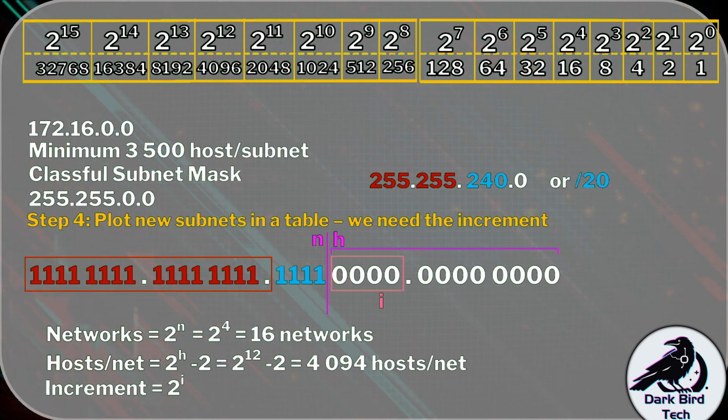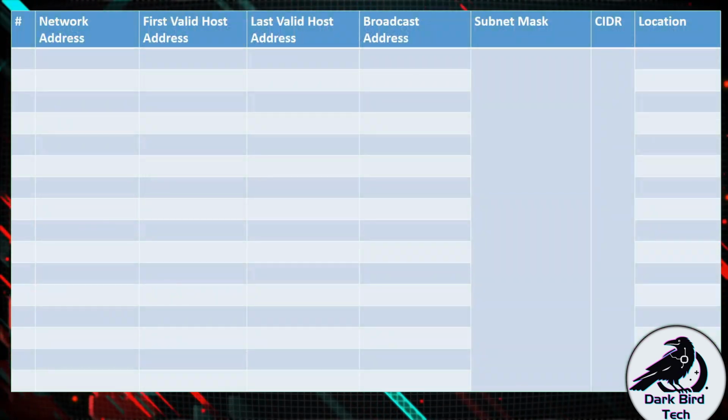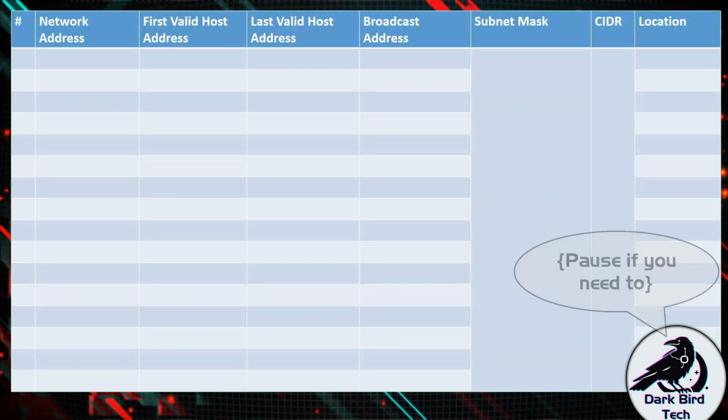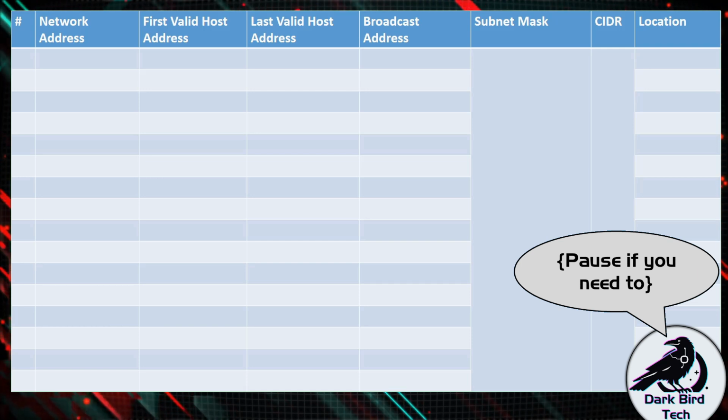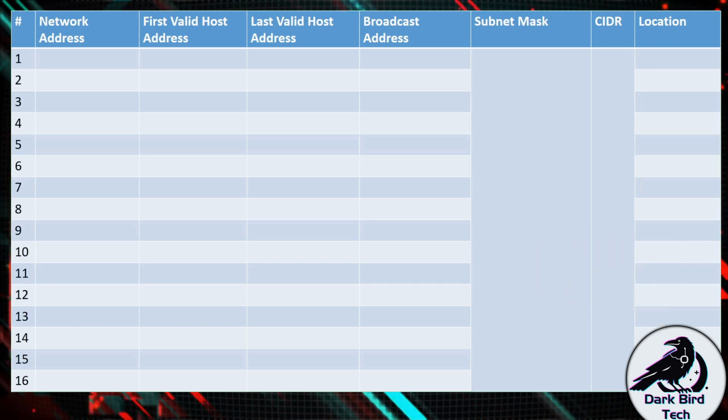I don't go beyond that dot. So our increment is going to be 2 to the power of 4, which is 16. Okay, now let's grab that table. It's 16 networks, so this is going to be pretty long. So first up, let's put the subnet number in the number column, 1 through to 16 will do. And then we're going to start with the first network address. And we start with what was given to us,